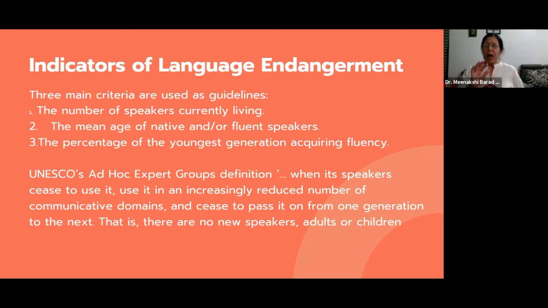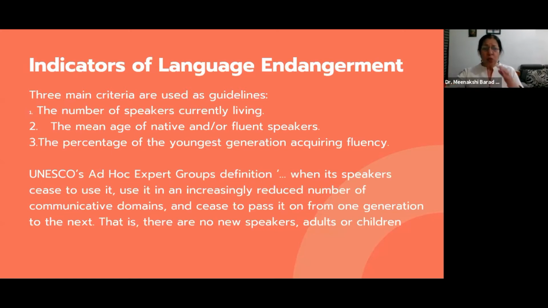As a rule of thumb, we can say that a language is endangered when the children in a community are being spoken to in a language other than that of their parents. Or the children may understand their parents' language but will not be able to speak it fluently. In that sense, they are passive bilinguals. The language is then lost to the children as they will not be able to speak or understand it at all. And then it can lead to a situation where grandparents and grandchildren speak totally different languages and sometimes cannot effectively communicate with each other.